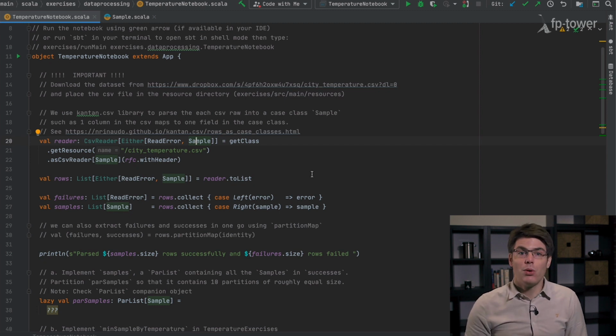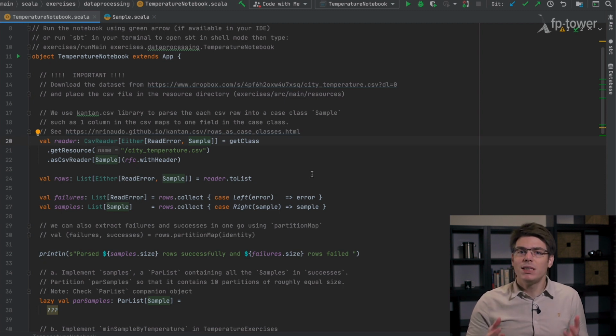When we parse the rows, failures can occur. For example, one row could contain a string when we expected an int, or we could find ourselves with rows with a temperature of -99 degrees. This is why toList returns a list of Either. Either is a little bit like Try. It's an enumeration with two cases: one for the failure, called Left, and one for the success, called Right. We'll come back to Either in a later chapter.